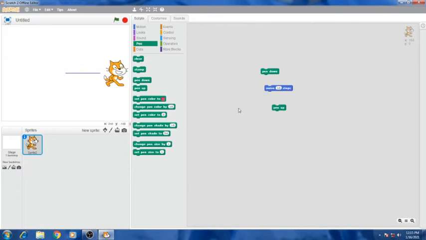So the combination of instructions you can use here, but by single instructions we are discussing. Finally I will show you the movement and all, different programs. So pen down and pen up we discussed, and the next one is set pen color to. Normally here you can see one color, so it is chosen by the programmer. Inside this, if you click, you can change the pen color to different colors.